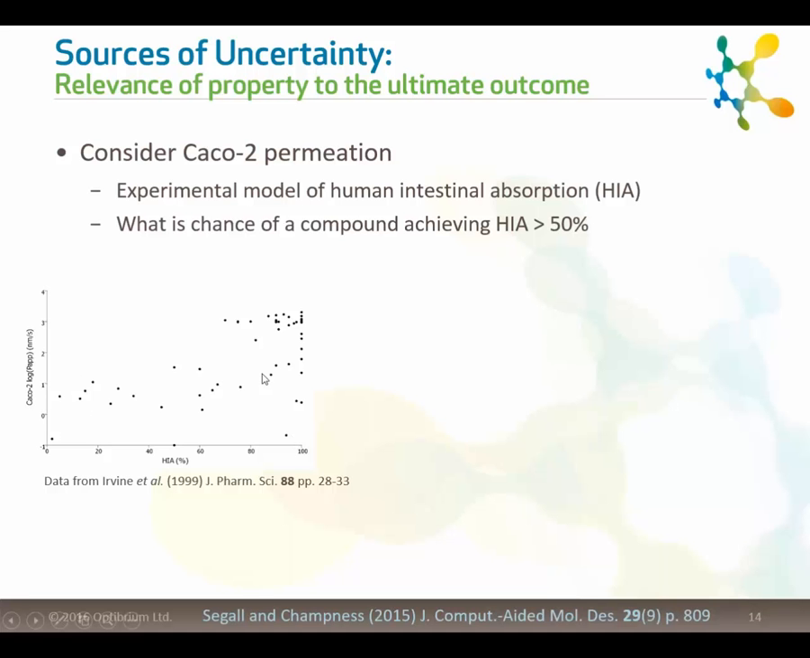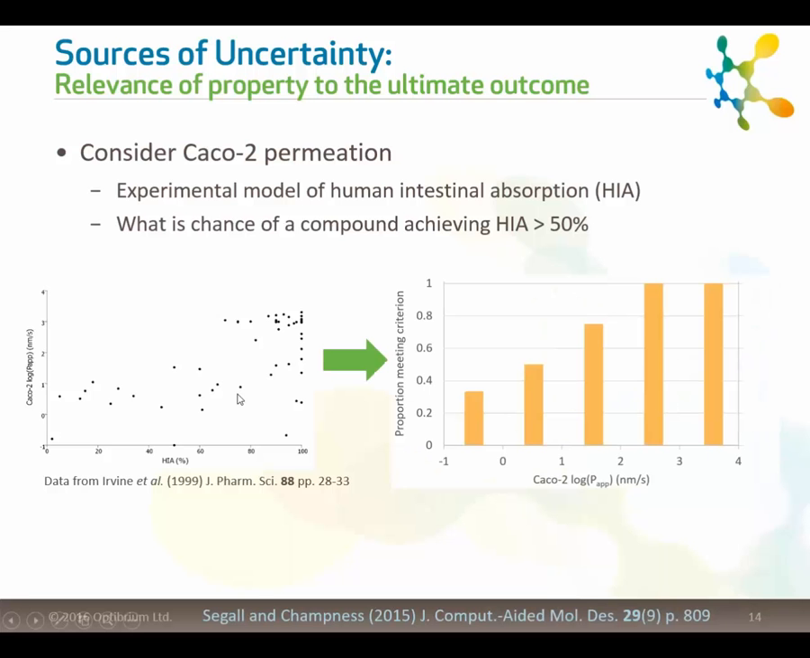There's a wide spread of human intestinal absorption. And so, we wouldn't necessarily want to reject a compound based on that. There's still a reasonable chance of achieving our goal. And if we look at that in a different way, and we look at the CACO2 apparent permeability along the x-axis against the proportion of compounds meeting our criterion,